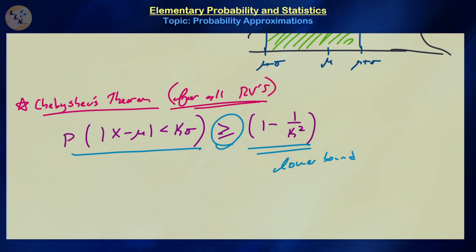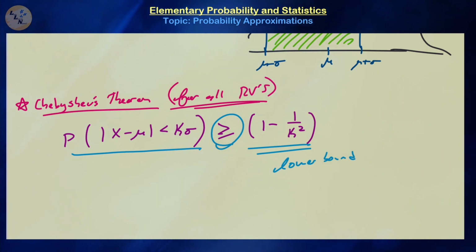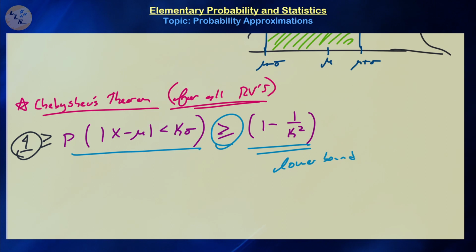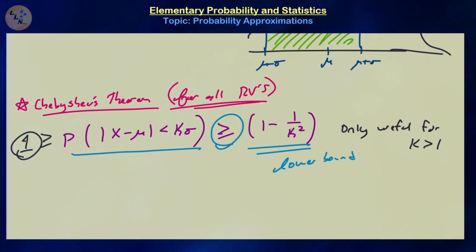So yes, it doesn't give you approximations in the common use of the word approximations, but it gives you lower bounds and possibly upper bounds for probabilities. Because we know that all probabilities are between 0 and 1, so technically we do have an upper bound for this particular probability statement of 1, and we have a lower bound. But keep in mind, this is only useful for k bigger than 1, because when k is equal to 1, then that's going to be, of course, equal to 0. And we already know the probabilities are between 0 and 1,